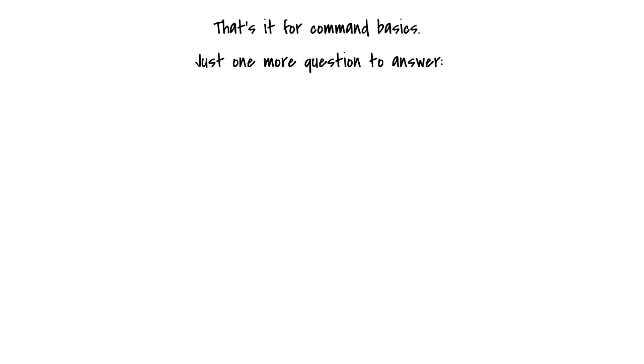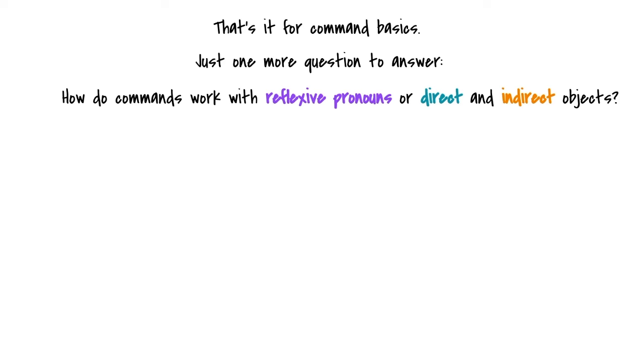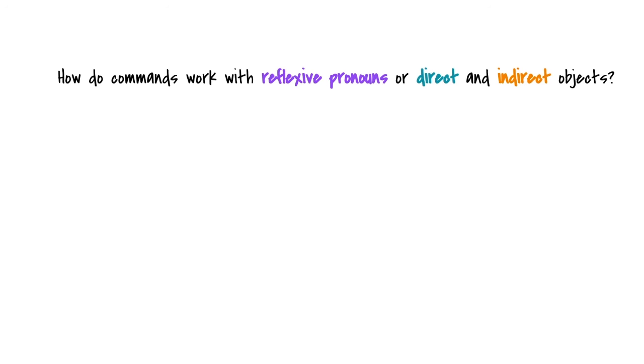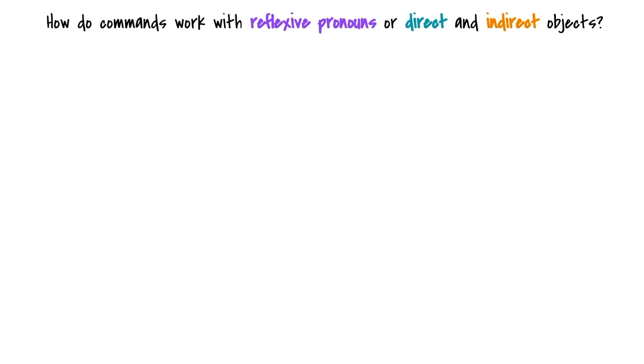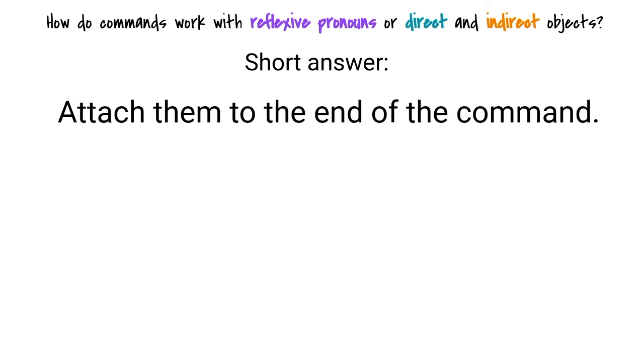Beyond that, there's just one more question. How do commands work with reflexive verbs, or direct and indirect objects? Those instructions are in those respective videos, linked in the description, but I'll give you the short answer here. Those things go attached to the end of your command. For example,